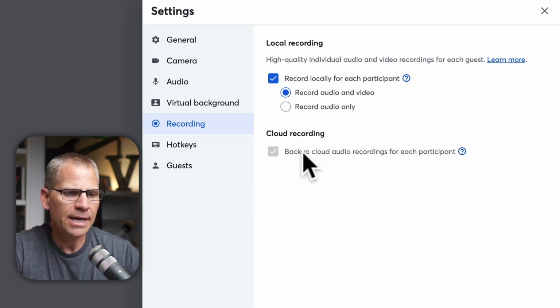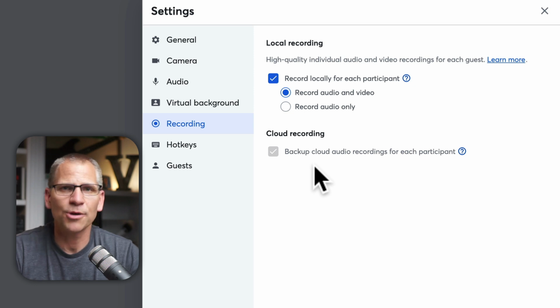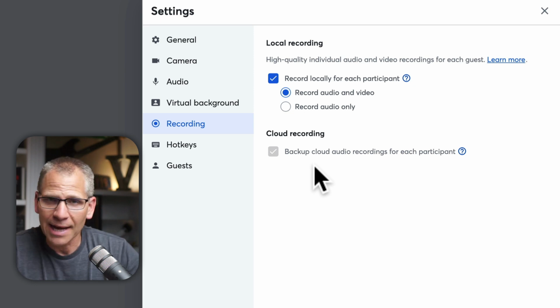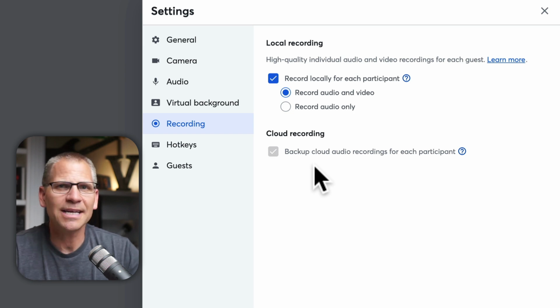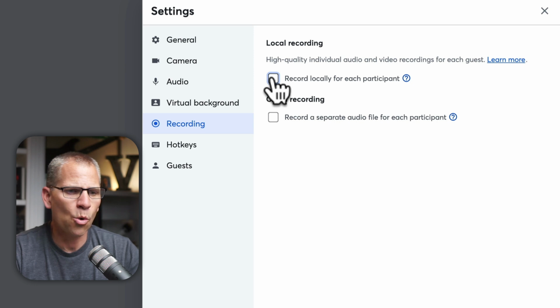All right. Now, right here, cloud recording, that's the one that's automatically going to be recording on the fly, okay? And that's in the cloud. So it's basically going to be, you get what you get, but it's going to be better than if you just downloaded it from YouTube or Facebook or wherever you are streaming it to. But we want to make sure that we have the highest quality footage so we can use it on our repurposed videos. So this is where we want to check this box right here where it says record locally for